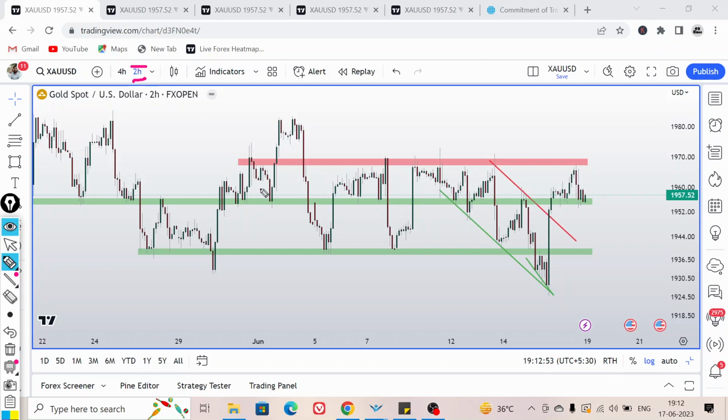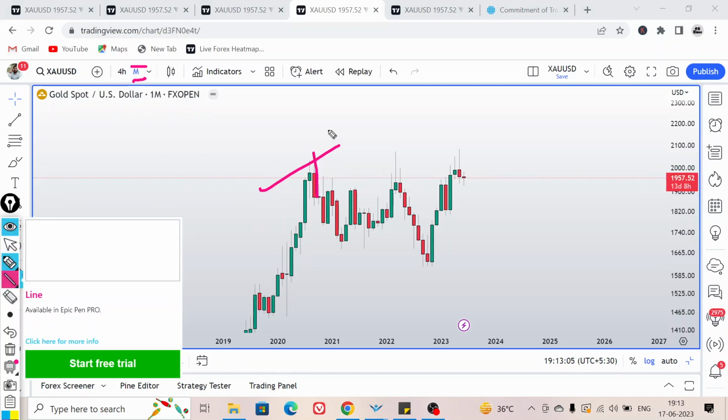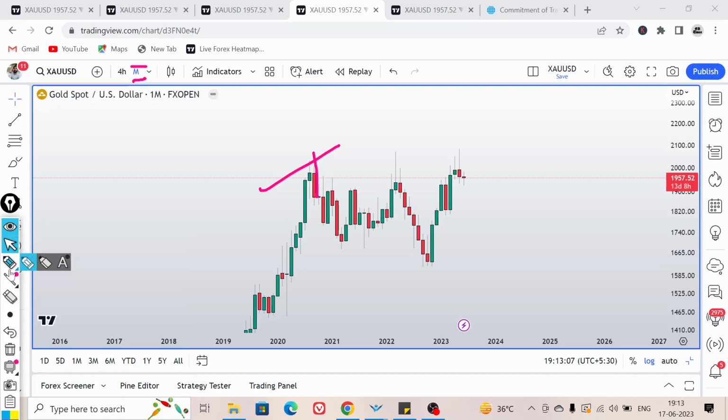We are watching this on the 2 hour time frame, and if we look at the monthly candle, this one is the monthly candle. So the monthly candle is still, in terms of price action, if we watch this candle right over here, this is a good rejection candle, and the impact is still there on the monthly, but it is still flat, and we can expect some further down move as per